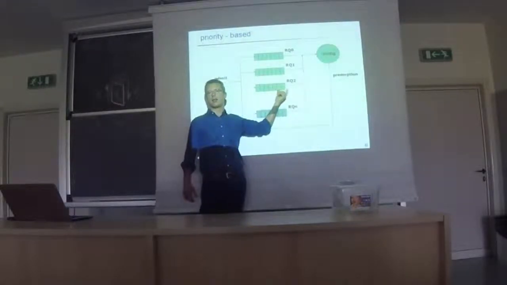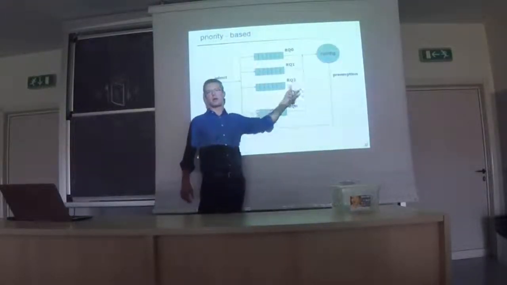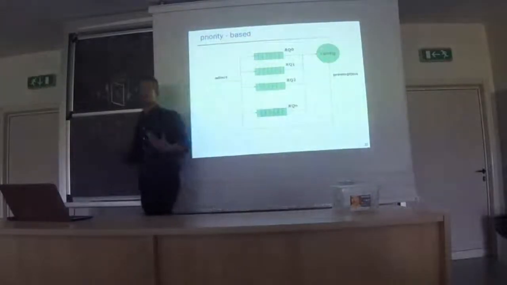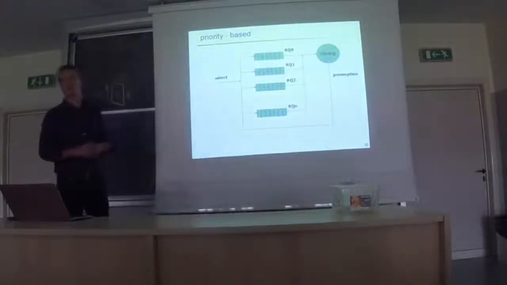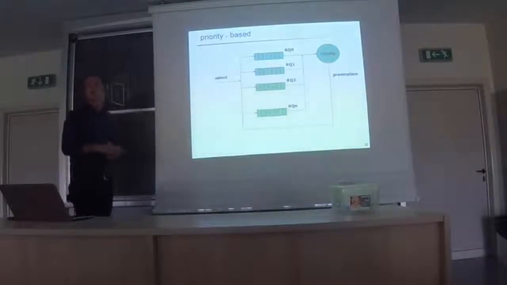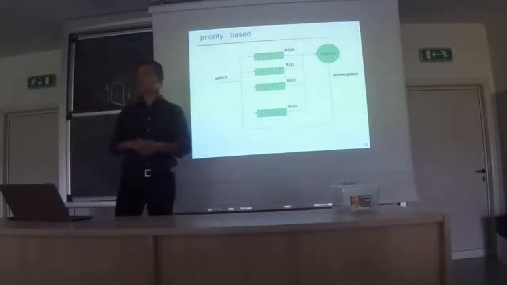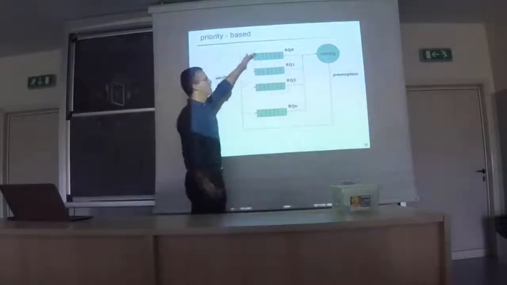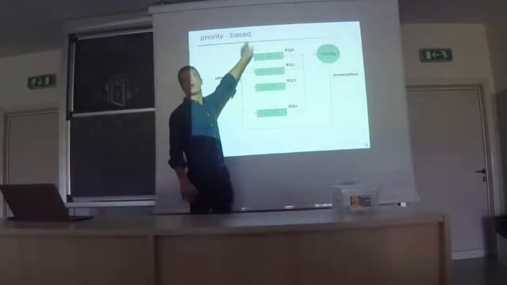I will schedule the first one for a given time. When the timer expires, I will preempt it, put it back, and take the next one, and so on. Nothing difficult. This is just a possible scheduling policy that you may decide to use within Linux. As long as tasks have different priorities, everyone goes to a different queue, and you always take,